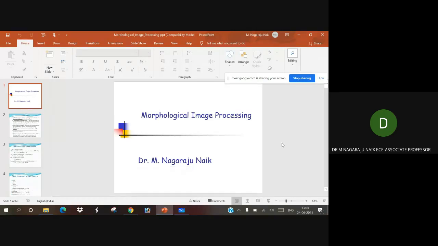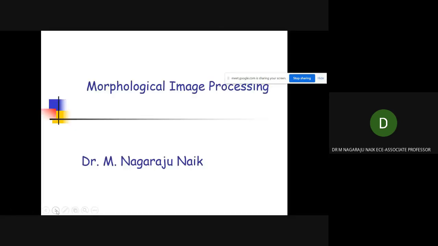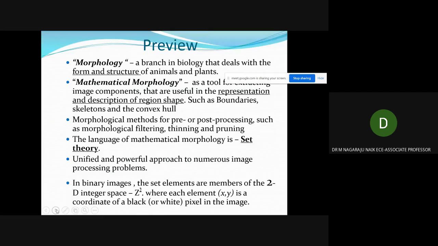So, image morphology. What is meant by image morphology?